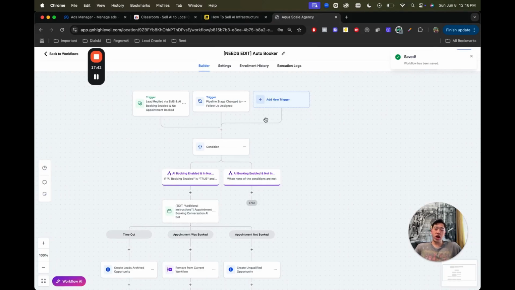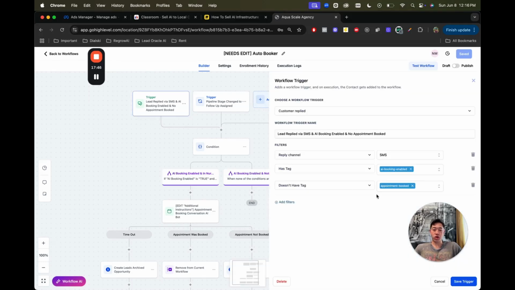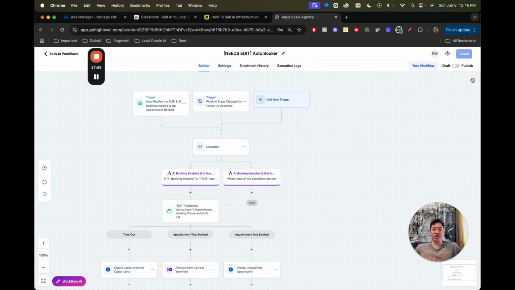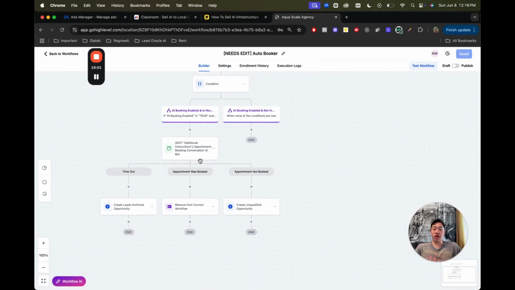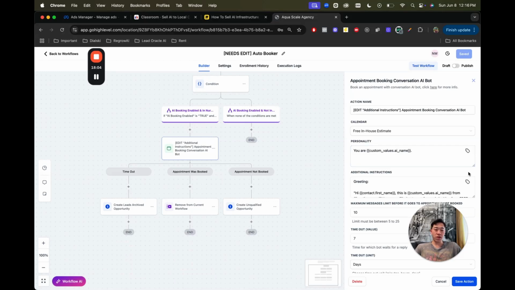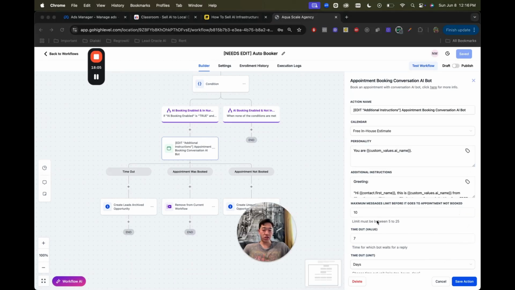So let's get into what the auto booker does via the AI SMS bot. The trigger would be, let's say, lead replies, and then it's via SMS if AI booking is enabled, which we set previously depending on the custom values, and doesn't have the tag appointment booked. So this means a lead is still currently being nurtured. So anytime a lead replies, we're going to go ahead and just use this prompt that basically